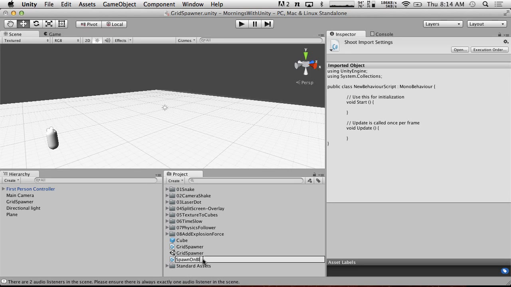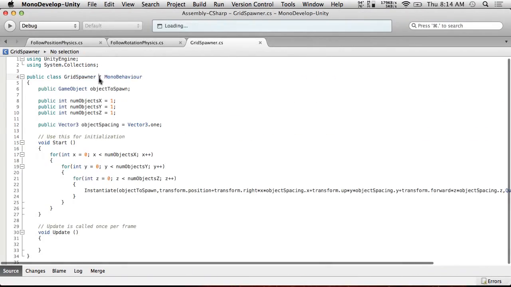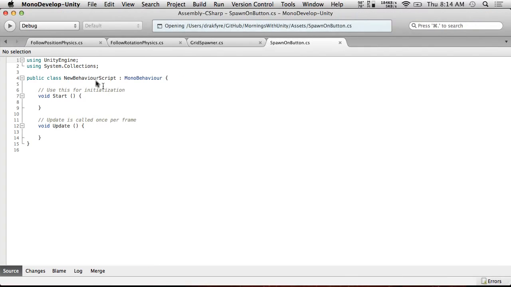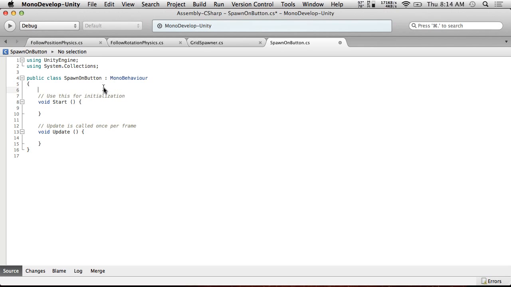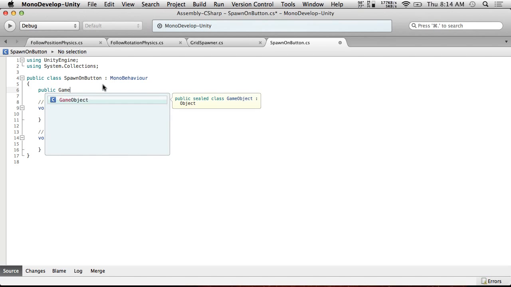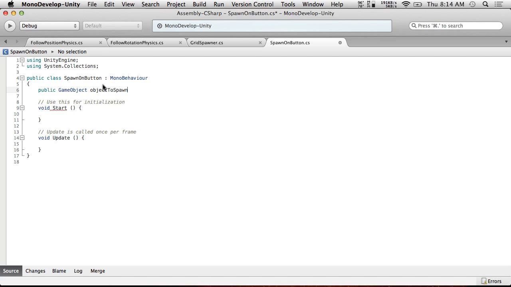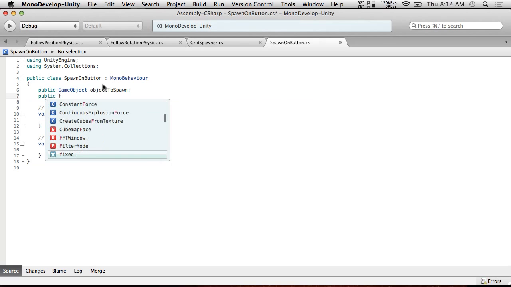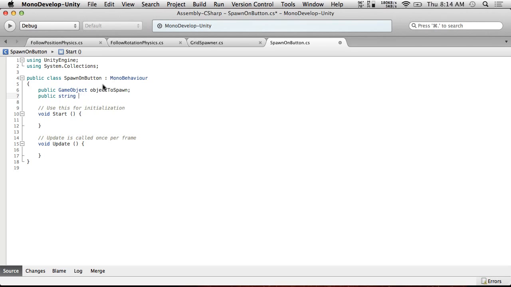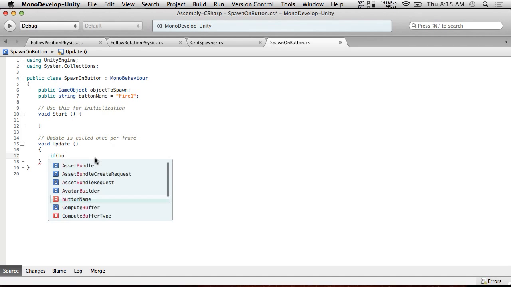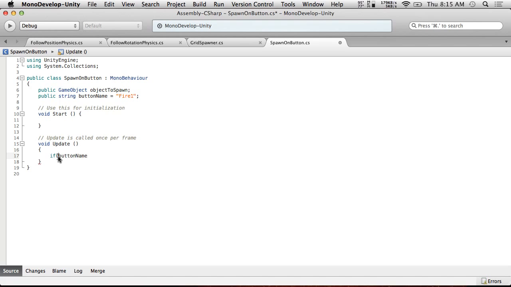Actually, let's call it button. And let's actually reopen it again. Spawn on button, and all we're going to do is create a public game object to spawn, and public float, public string button name equals Fire1. And then in our update loop, we're going to do: if Input.GetButtonDown(button name),